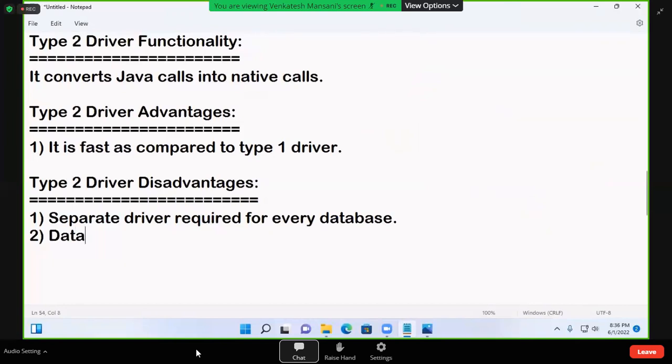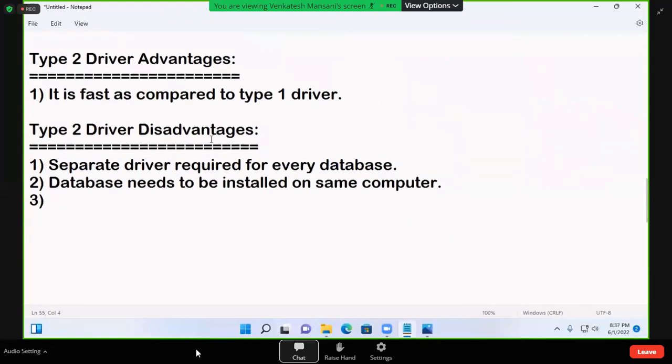So the database needs to be installed on the same computer. So wherever Java is there, only there the database is required. That is one disadvantage. And also,